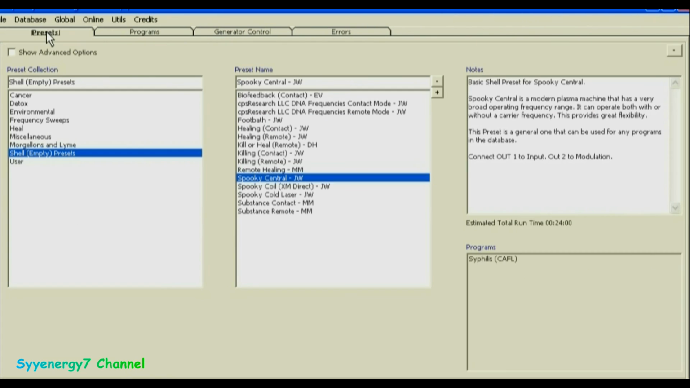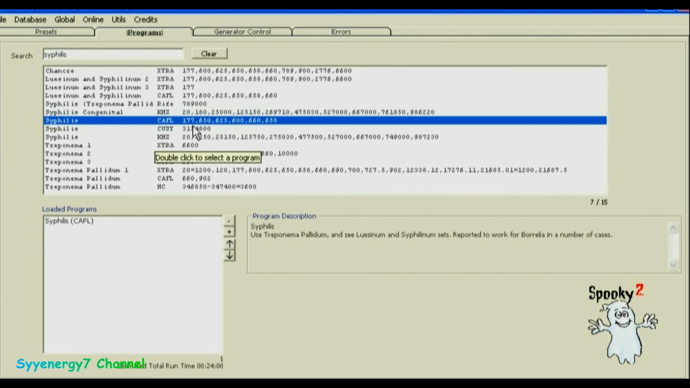So say we double click this. Before, since we chose presets Spooky Central Plasma, that's going to convert those frequencies into a range where the plasma works. Because this plasma, I think, works between a range of 100,000 hertz and 3,500,000 hertz. So normally you wouldn't be able to just run 177 hertz or 550 and 525 or whatever that is,